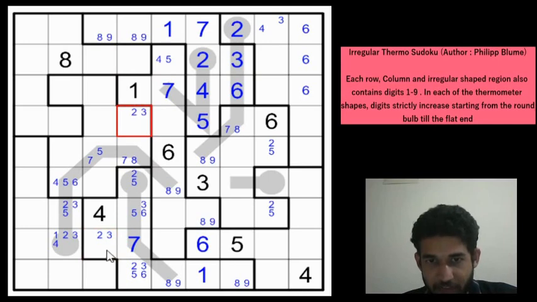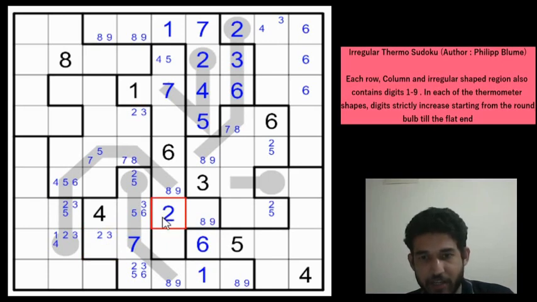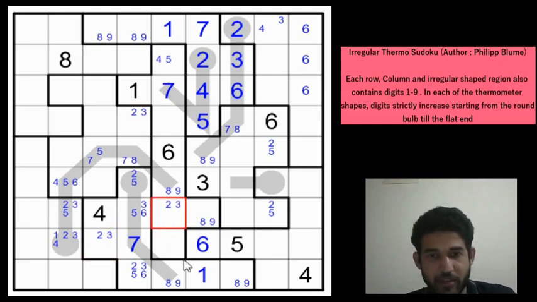And now that kind of gives us a good effect on column 5, right, in this region. If you have a 2 here, this will be a 2 and you get the 2 here, and if you have a 3 here, this will be a 3 and you get a 3 here, right? So this will be a 2 or a 3, and this cell can't be 1, 6, 7, 8 and 9, so it can only be 2, 3, 4, and this will be 2, 3, 4 as well because 5 is here and that gives us a 5 here.